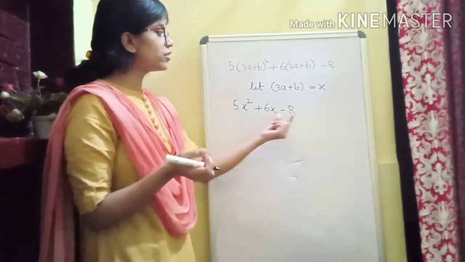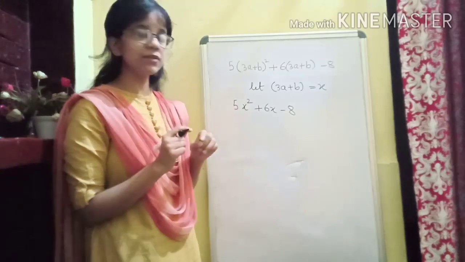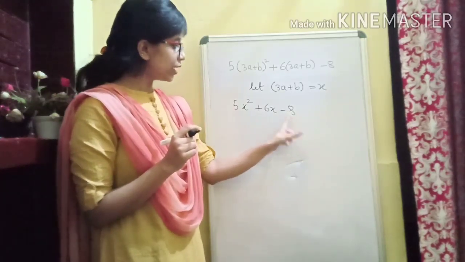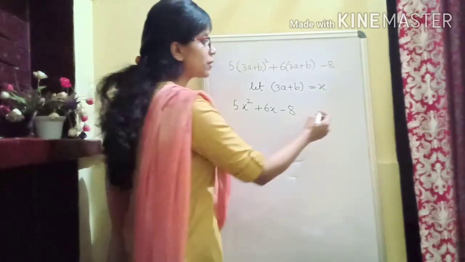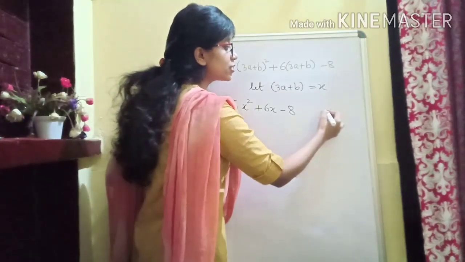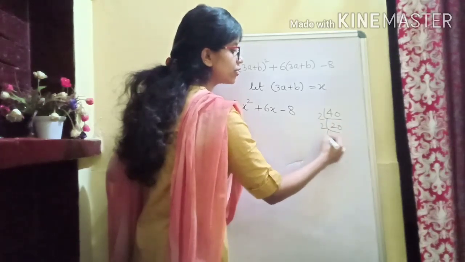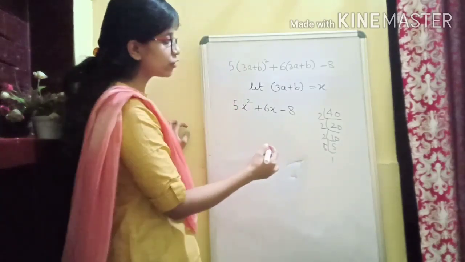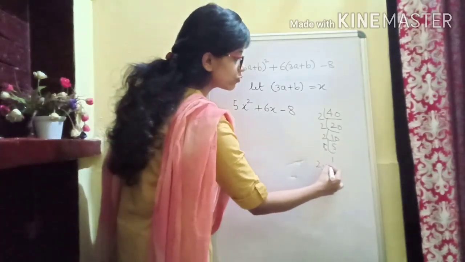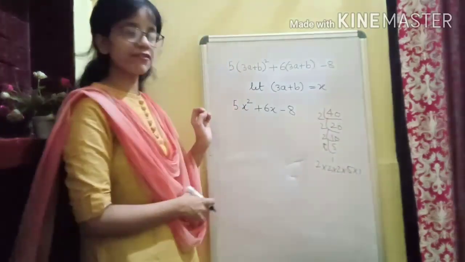How to simplify? We take the constant term and the coefficient of x² and we multiply. So the constant is 8 and the coefficient of x² is 5. 8 fives are 40. Now if you write the prime factorization, it will give you 10, 2, 5 and 5. If I write it, it will give you 2 into 2 into 2 into 5, and 1 we always write, as I have told you.